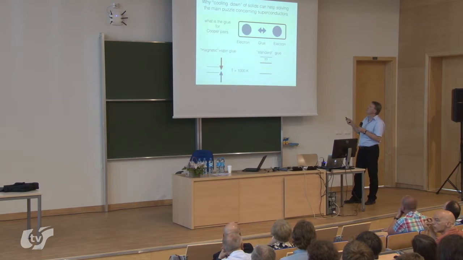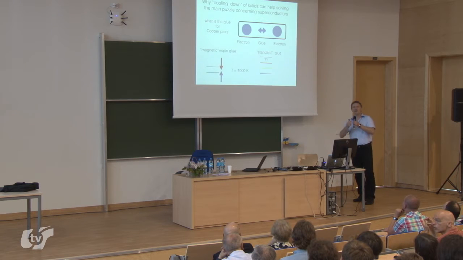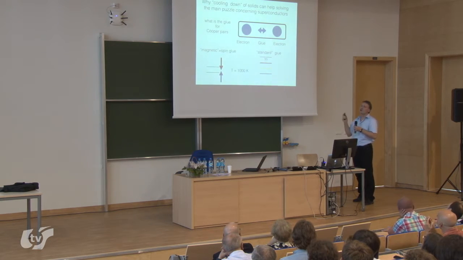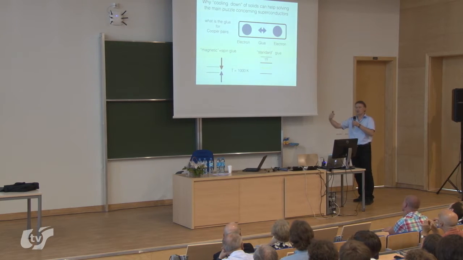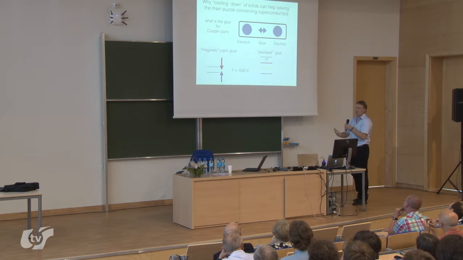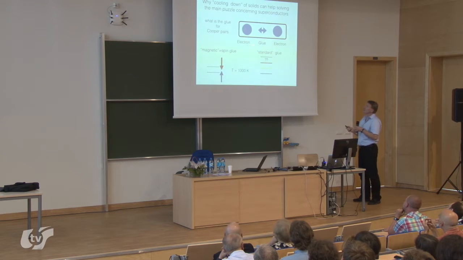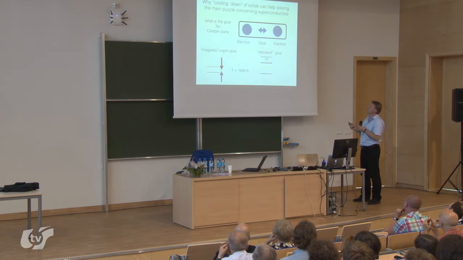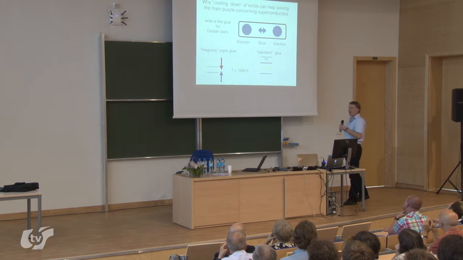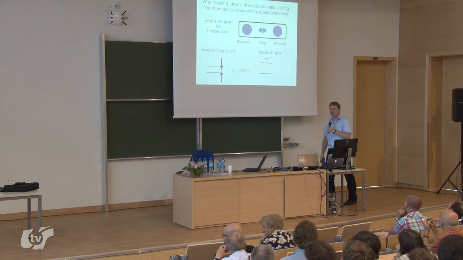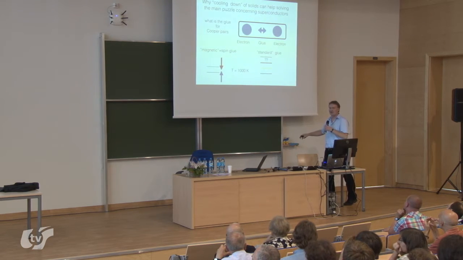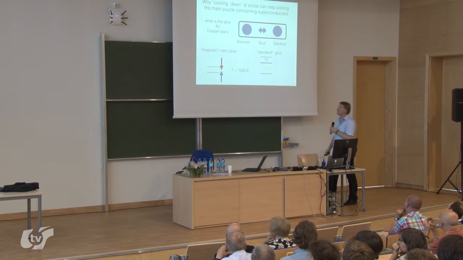They consist of two electrons, but usually electrons repel. So there is some magic glue which causes these two electrons to come and stay together. It is a big puzzle in the research on superconductors. What is this glue? Especially in the research on high temperature superconductors, like the name D-Wave, I can tell that it comes from something very well known for high temperature superconductors.